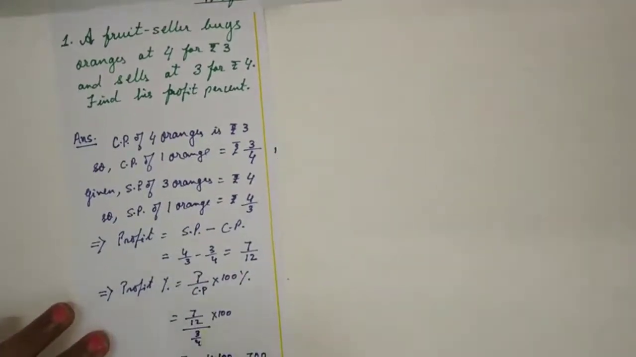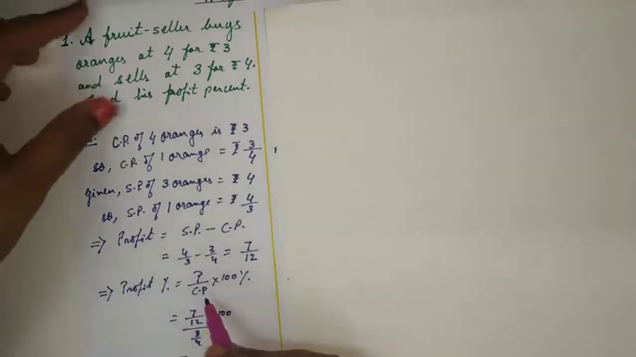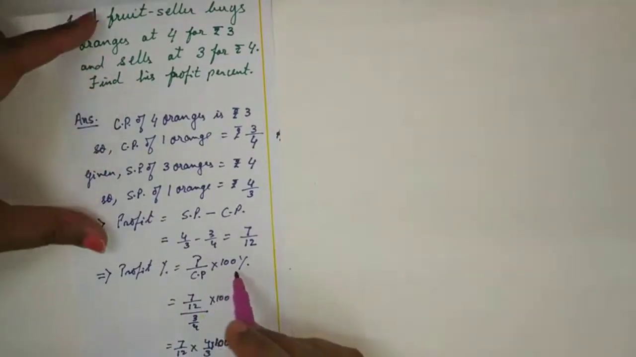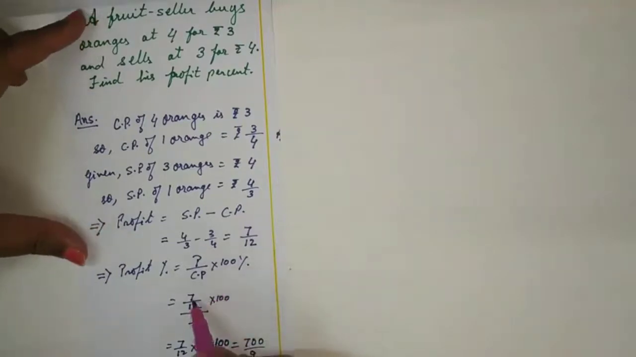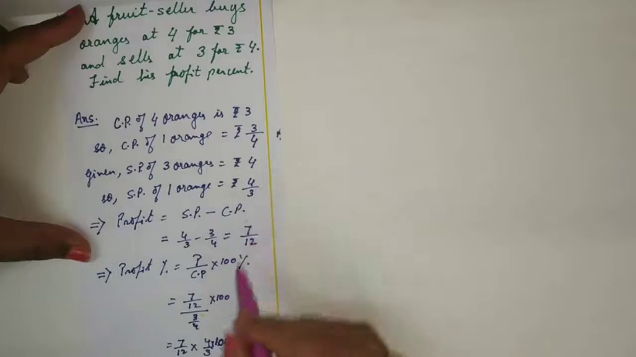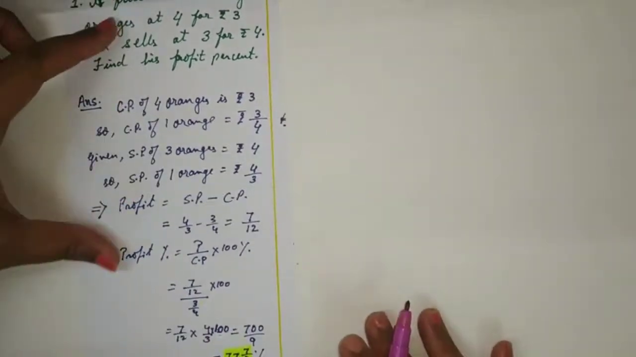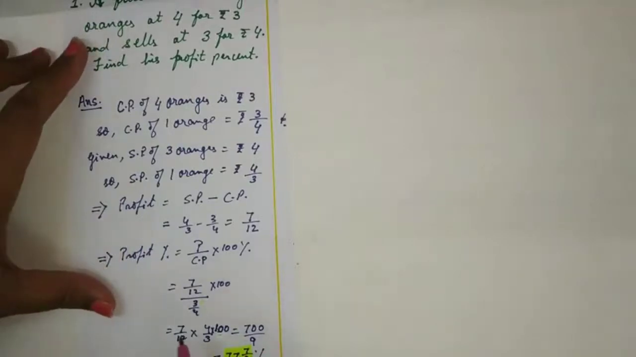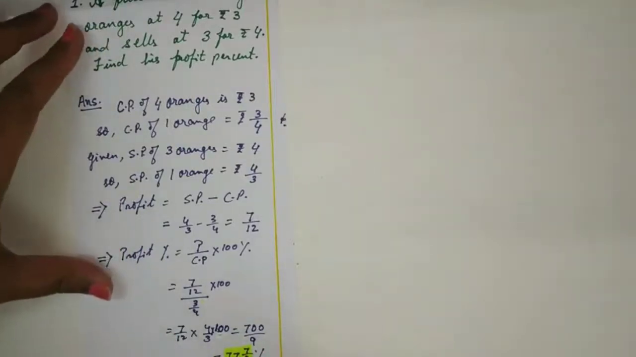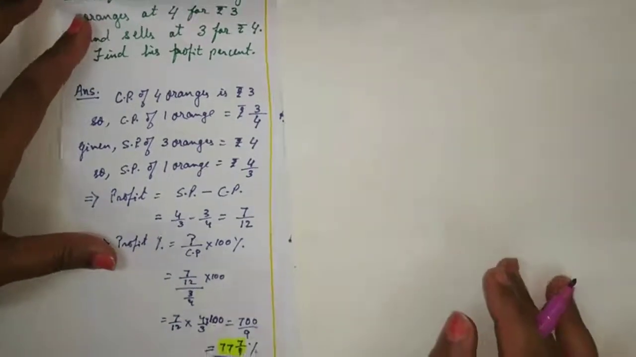Now, to come for the profit percent, it is given by profit by CP into 100%. We substitute 7 by 12 divided by 3 by 4, into 100. Reciprocate the division. I don't think I have to tell you how it is done. And the answer is 77 whole 7 by